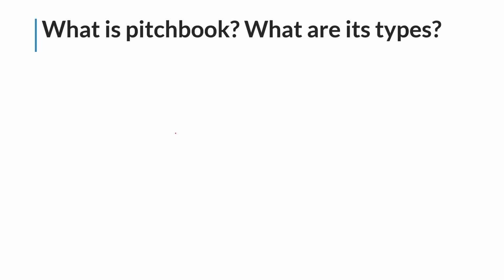Now let us move ahead and talk about what a pitch book is and what its types are. A pitch book is a very extensive marketing material. Like I said, a teaser is a 3-4 page document and I compared it with a brochure. A pitch book will be a 100-plus page document and I can compare it with a manual. So in a pitch book, your company profile, market overview, industry overview, positioning in the industry, valuation summaries, football field analysis,